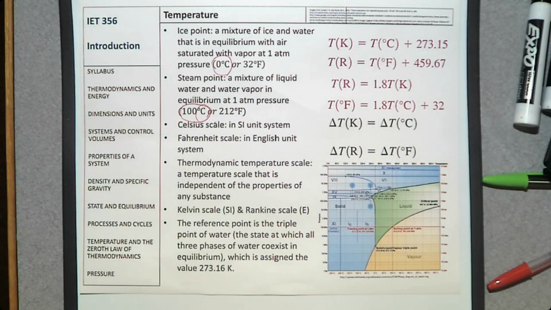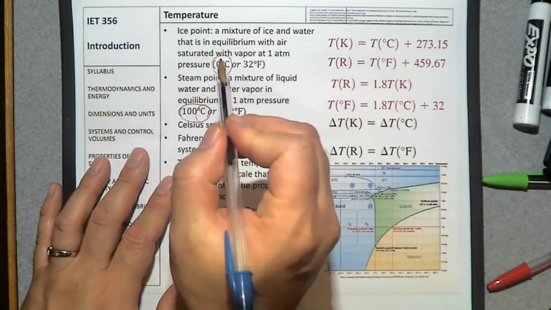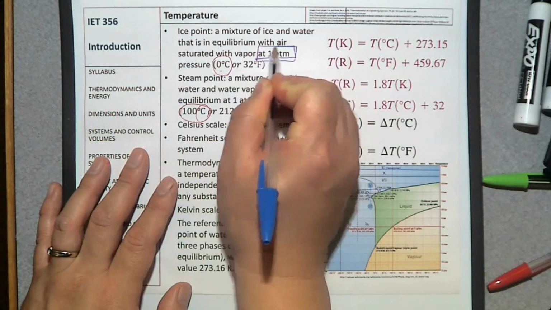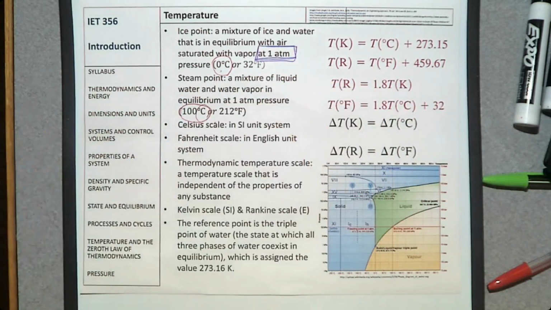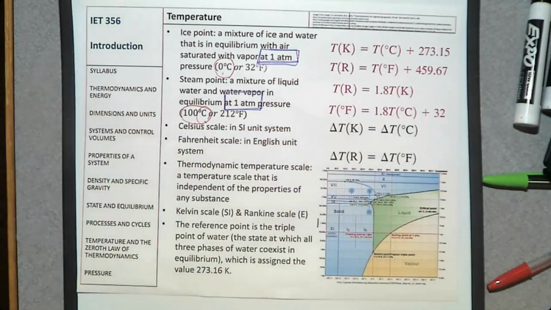But when I ask this question, it sounds like it is no, right? So the answer is no. The reason is that you have to say the ice point of water at 1 atmospheric pressure is 0 degrees Celsius. The steam point of water at 1 atmospheric pressure is 100 degrees Celsius, because as you remember,